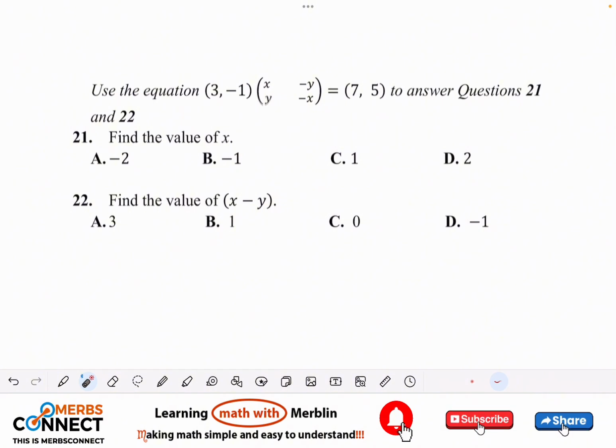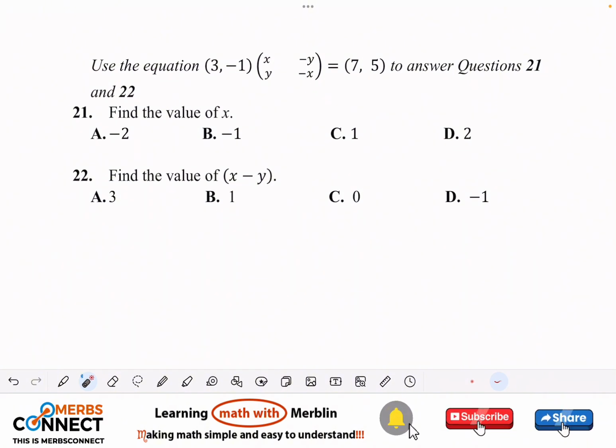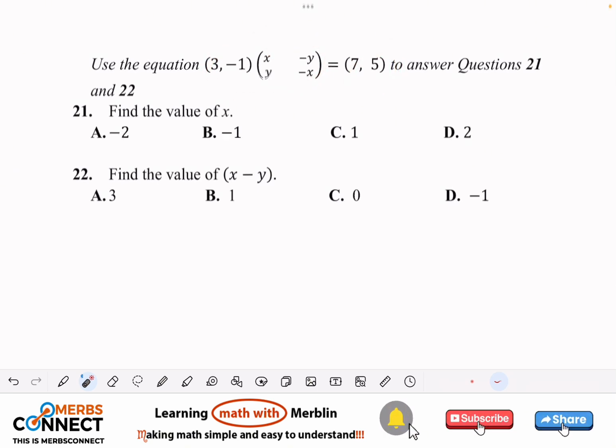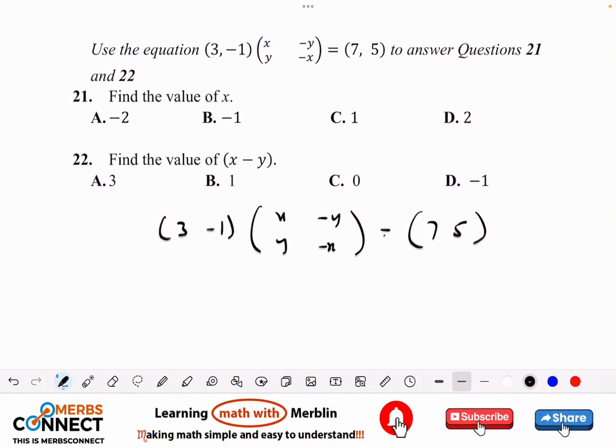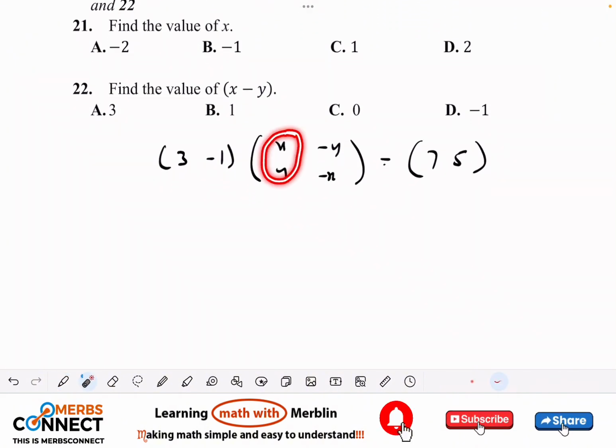Right. Let's look at question 21 and question 22. Right. So what are we going to get here? This is equal to this. So this is a matrix. Right. So let's do that. So I have 3 and minus 1 multiplying x, y, minus y, minus x, which is equal to 7 and 5. So let's multiply. I pick this one here, make it a row, and use it to multiply. So x will multiply this, y will multiply that. So I'm going to have something like